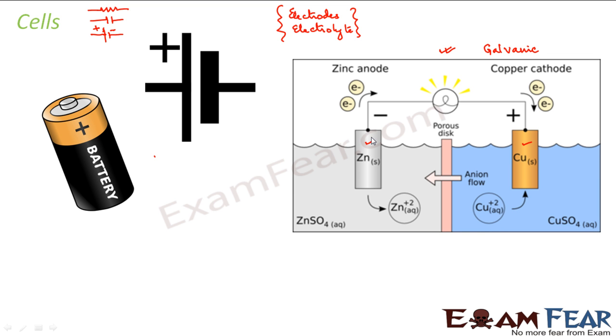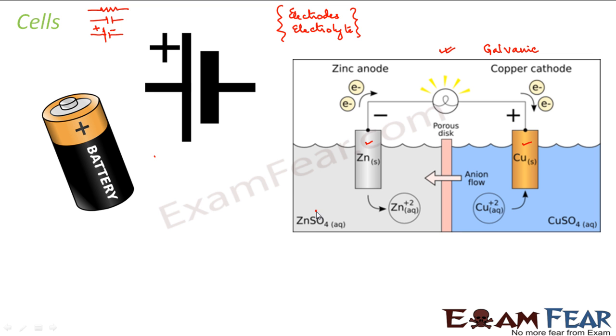That means it is a kind of substance where free ions are there. So since free ions are present, these free ions help to conduct electricity. So basically the presence of these free ions makes it electrically conductive. So here in this case of the galvanic cell, what is the electrolyte?